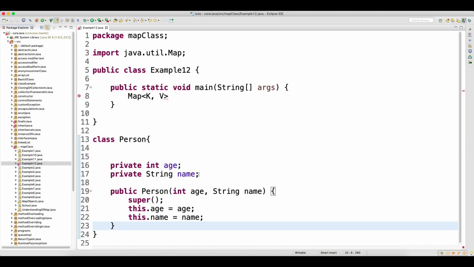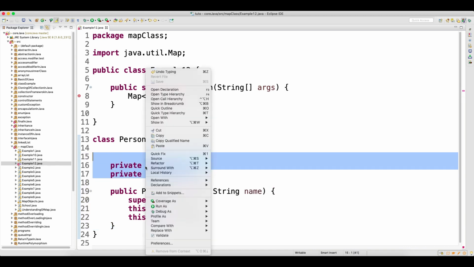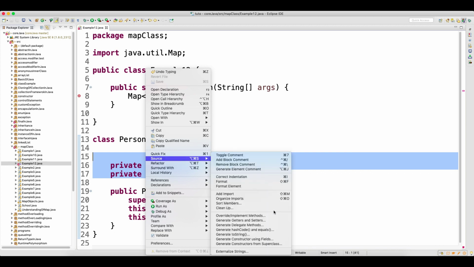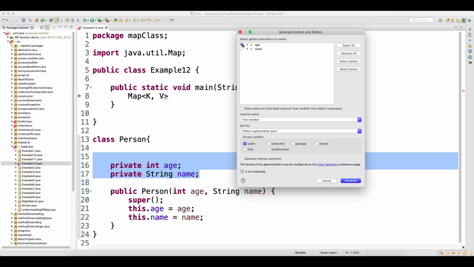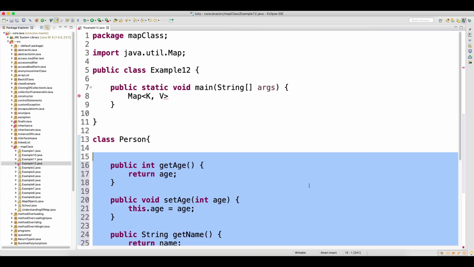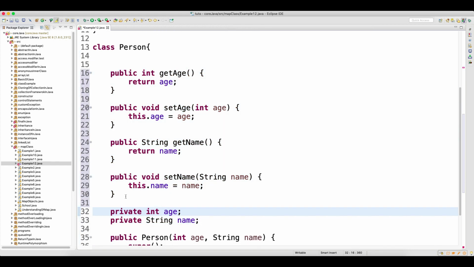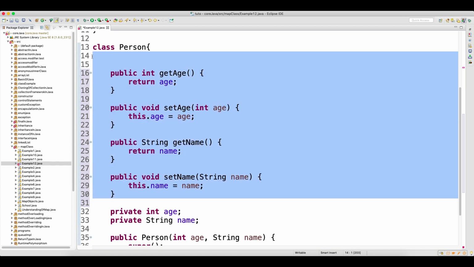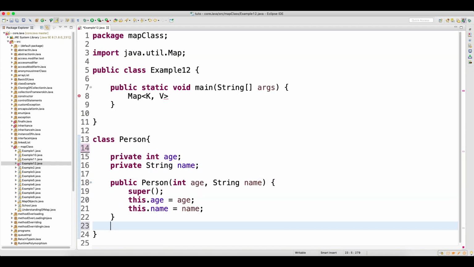Paste it here, then generate getter and setter. Let's say if you want to access the data at a later point of time, you can generate getter and setter. Select these two fields, click on generate. Now getters and setters, you also write after the constructor,